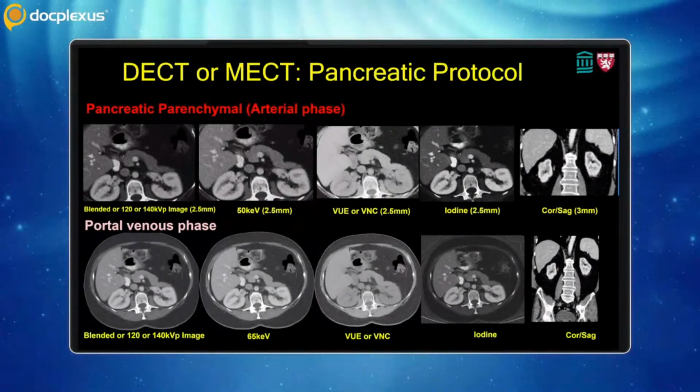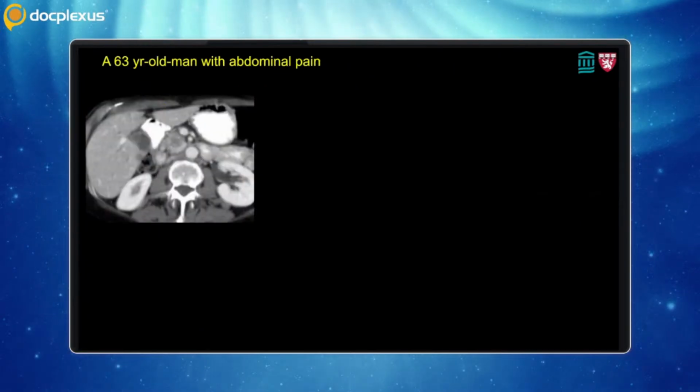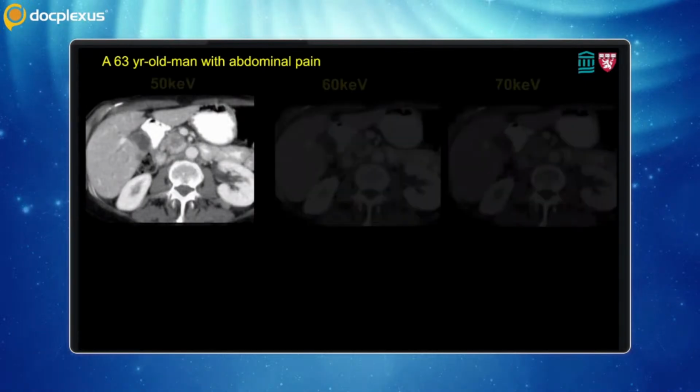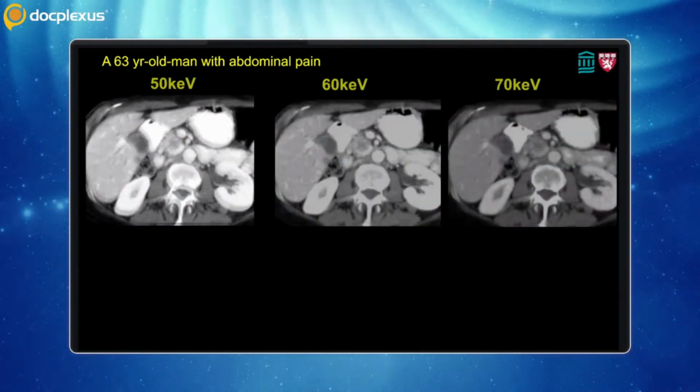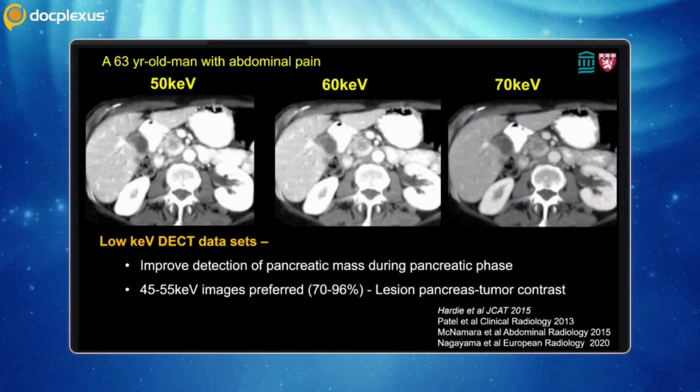Now let's see the value of these image data sets in pancreatic ductal adenocarcinoma. So this is a 63-year-old patient with abdominal pain. What you see here is a mass in the region of the head of the pancreas. When you look at the low keV monoenergetic images, several studies have demonstrated that low keV dual energy CT data sets improve detection of pancreatic mass during a pancreatic phase, with the most preferred images being in the 45 to